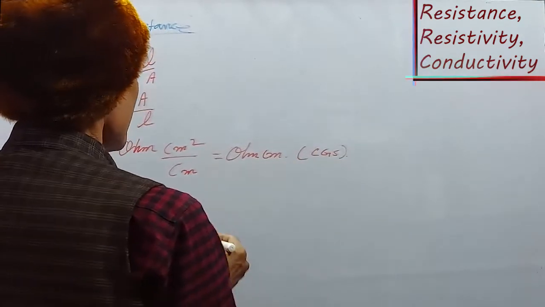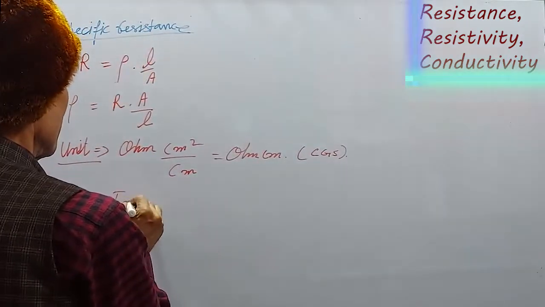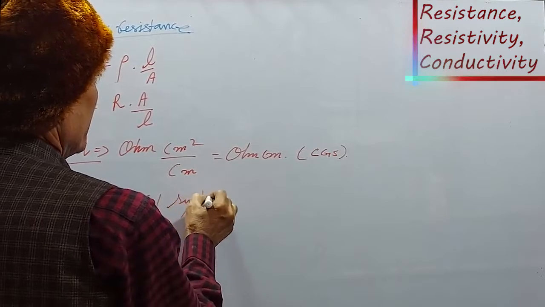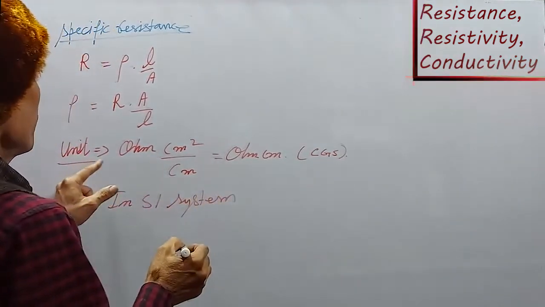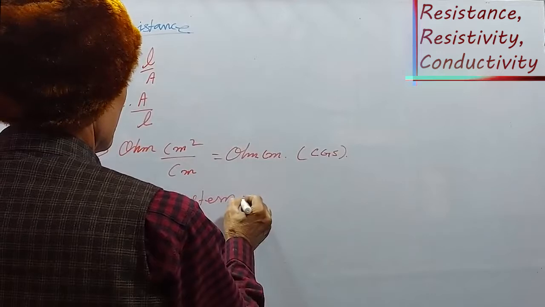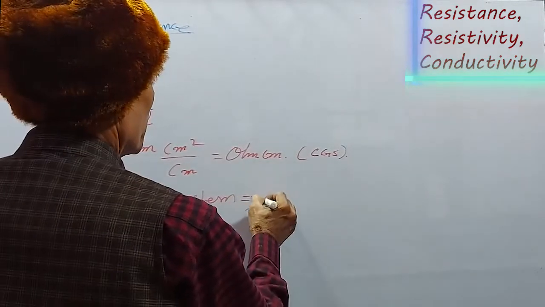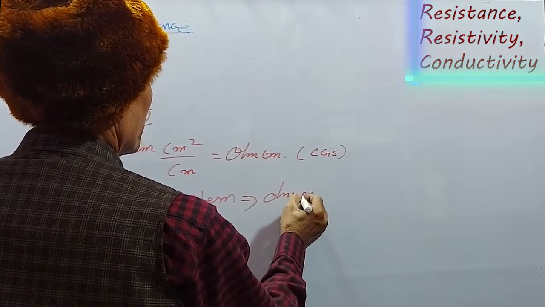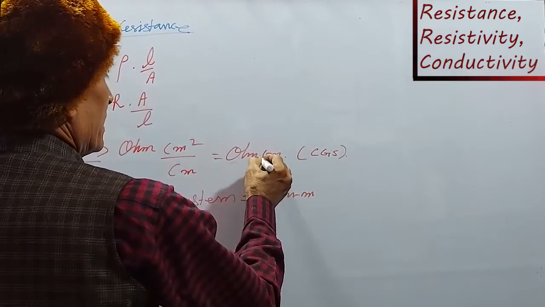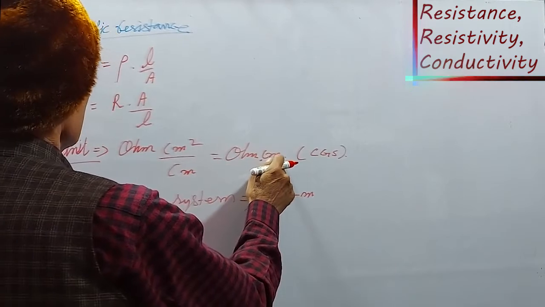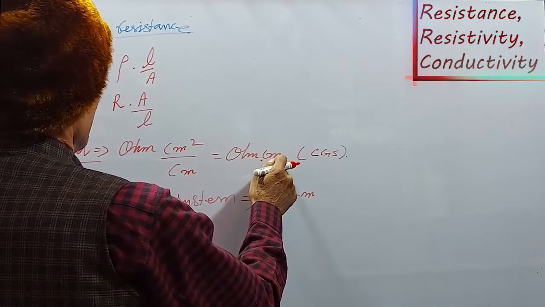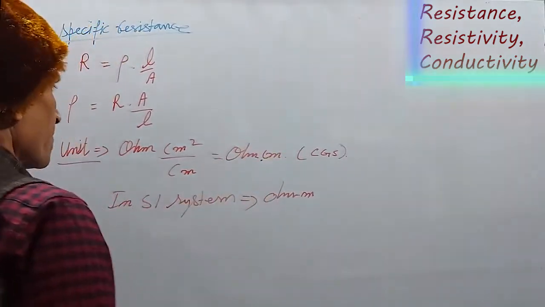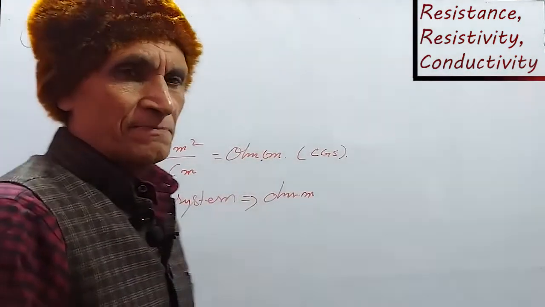and in SI system, unit of specific resistance is ohm meter. Then in CGS system, ohm centimeter, and in SI system, ohm meter. Now next is